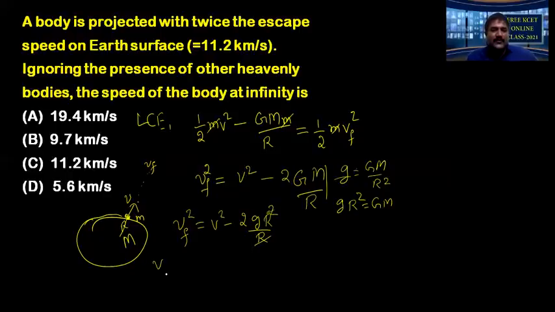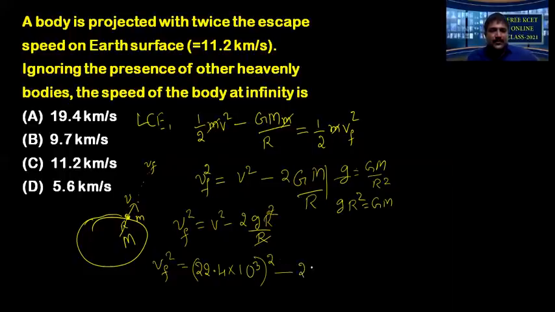So what I am left with is the final expression for vf square, and I can substitute the values. v is twice the escape speed, since the velocity of projection is twice the escape speed. The data is given here; otherwise, you can take 11.2. I said 11.2 into 2, 22.4. But be careful, it is kilometer per second, so it is 10 power 3. Don't forget in these cases. Some cases there is no need to substitute, but here we have to substitute. Okay, so square. Sometimes whenever it comes as a ratio, you can cancel kilometer per second, but not here.